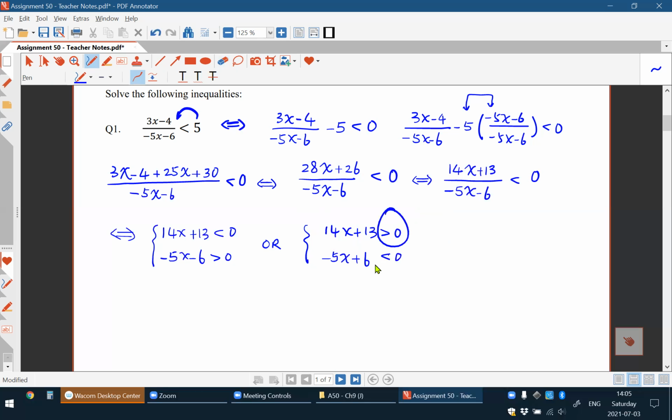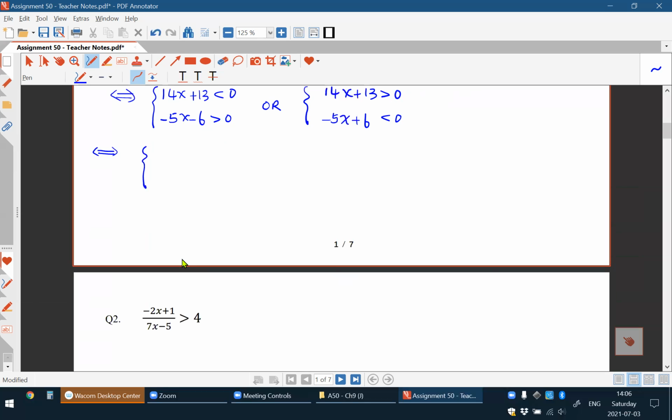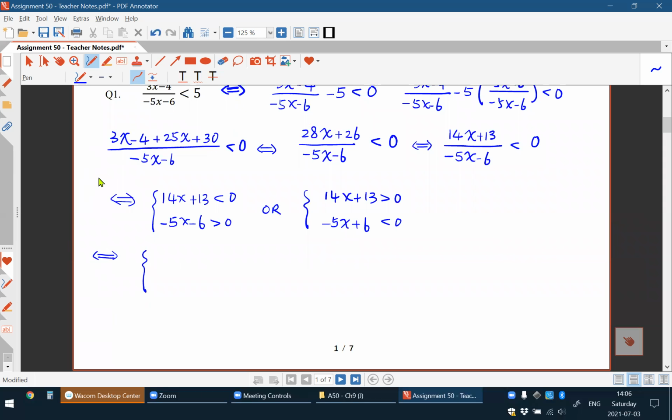Pay attention that the signs of these two numbers should be different. If one of them is negative, the other one should be positive. Whereas if one of them is positive, the other one should be negative, right? So the original problem is converted to two separate problems, which we can solve separately. Okay, so first expression is equivalent to